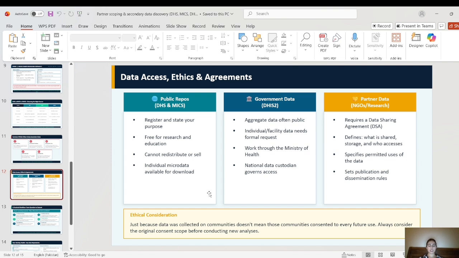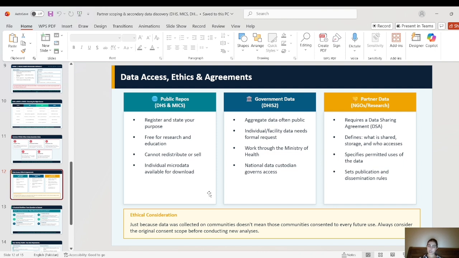Then you have your government data, that is your DHIS2. This is aggregate data, often public. Individual facility data needs a formal request. You have to work through the Ministry of Health, and then there is national data custodian governance access. Partners' data, from the NGOs and researchers, requires a data